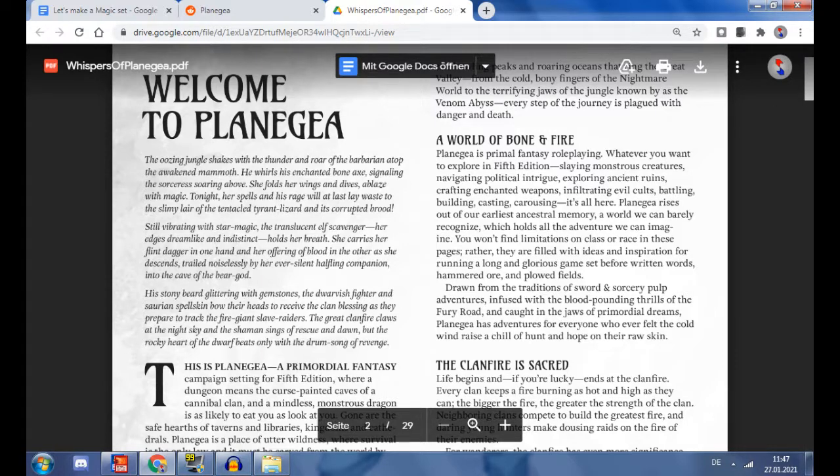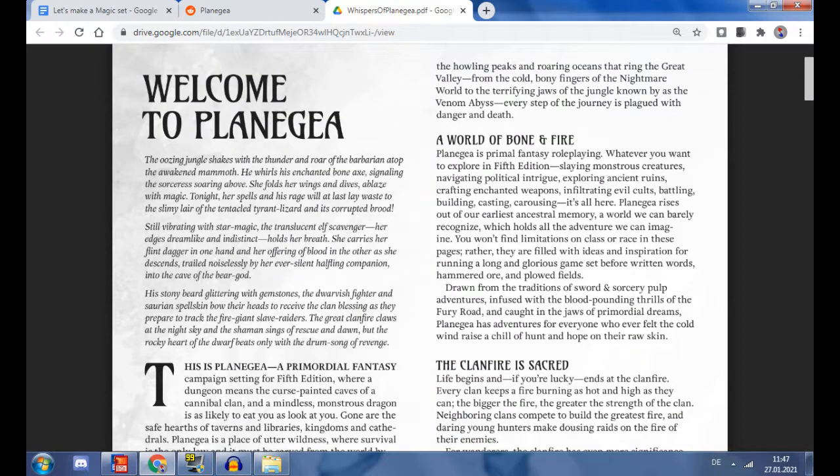Alright. Welcome to Plain Gia. The oozing jungle shakes with the thunder and roar of the barbarian atop the awakened mammoth. He whirls his enchanted bone axe, signaling the sorceress soaring above. She folds her wings and dives, ablaze with magic. Tonight, her spells and his rage will at last lay waste to the slimy lair of the tentacled tyrant lizard and its corrupted brood. Still vibrating with star magic, the translucent elf scavenger, her edges dreamlike and indistinct, holds her